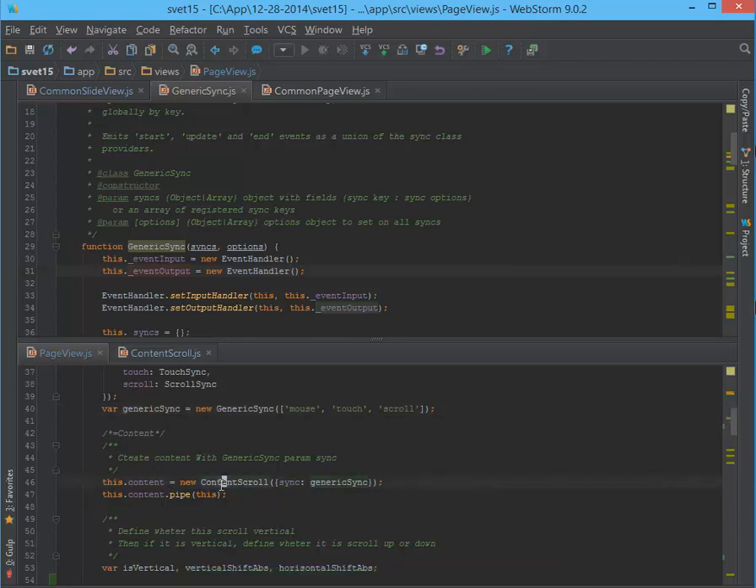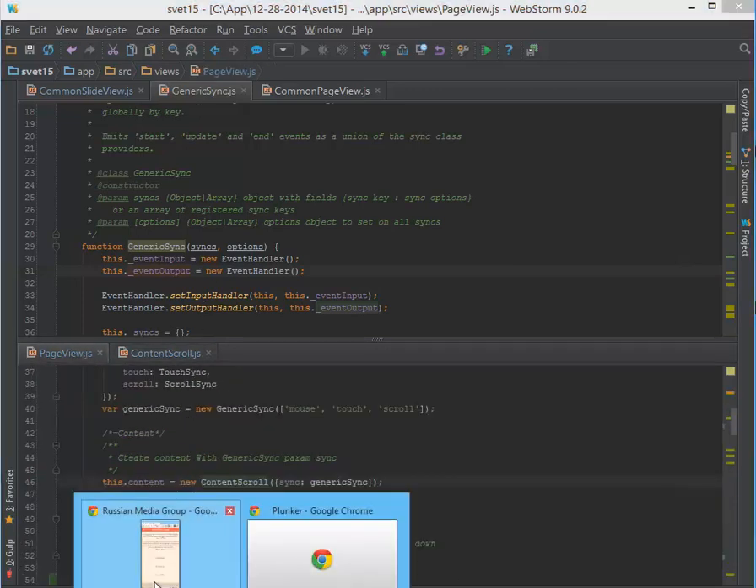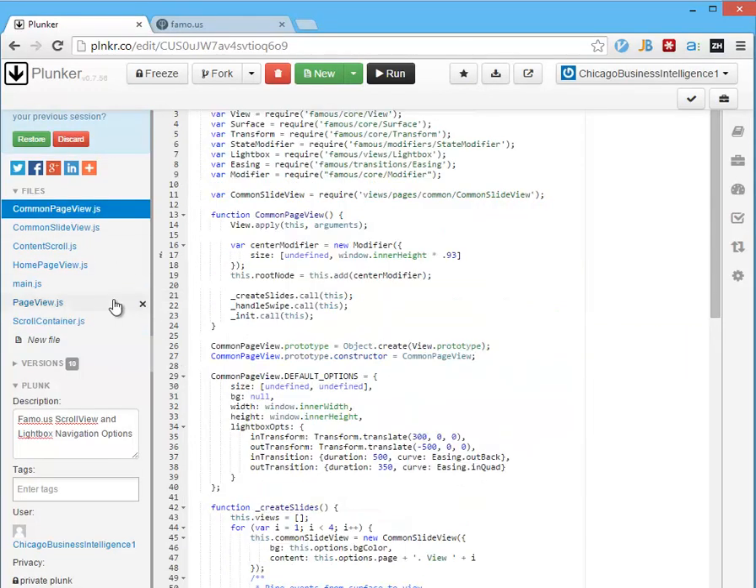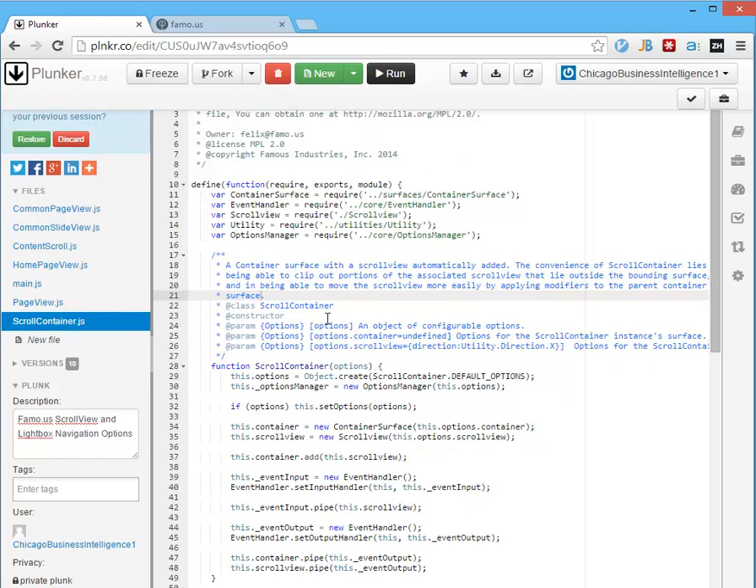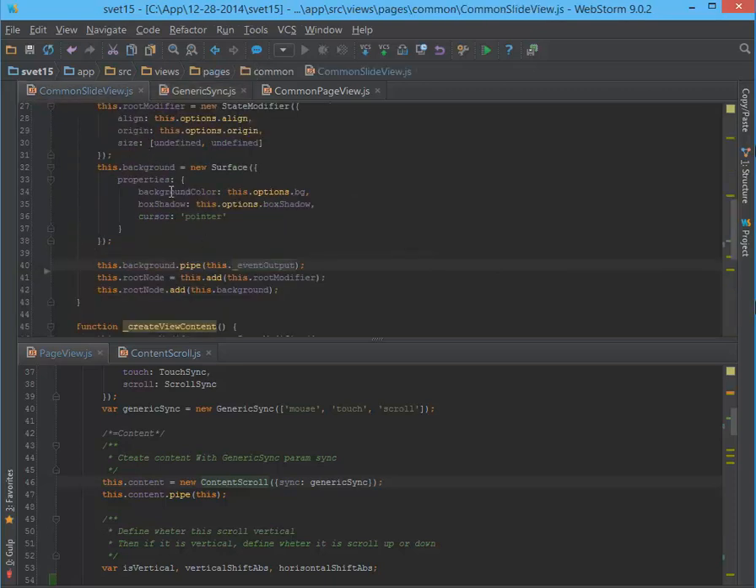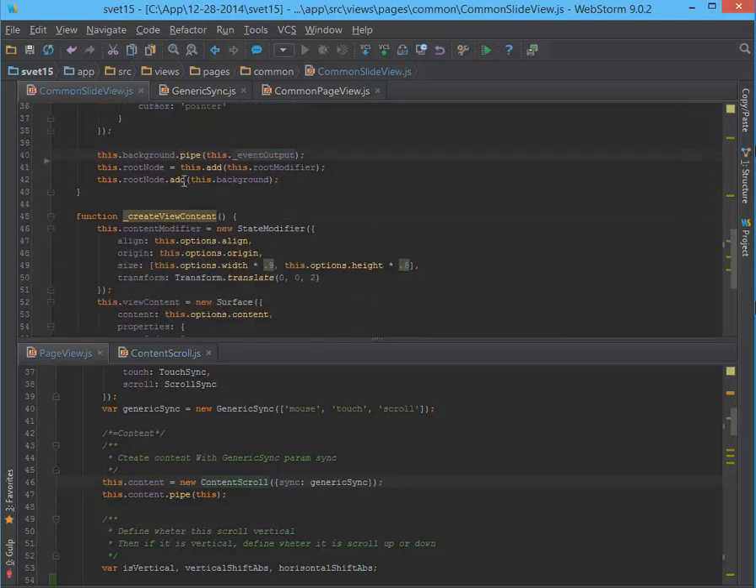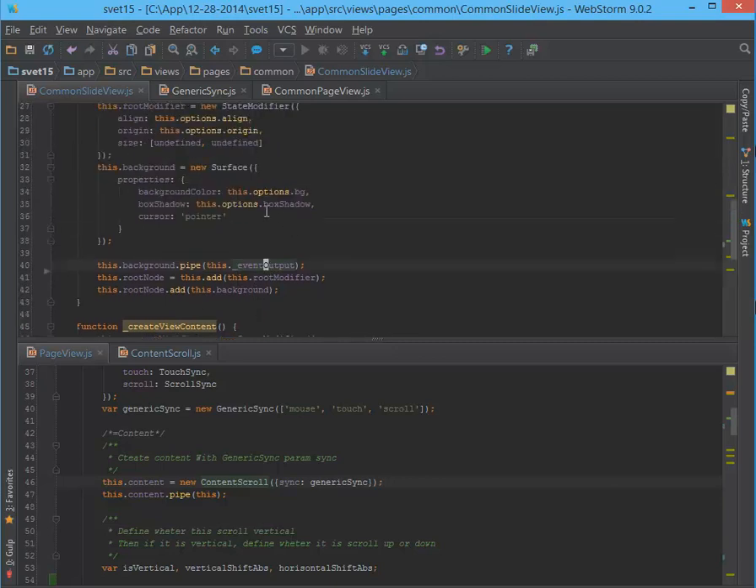Here it is, and we create content from another view. It's content scroll. You will be able to find all the code on my Plunker. It will not work like a normal Plunker should work, but I found it's a very convenient way to store files for tutorials. So we come back to our template. When we created the common slide view, we piped events from the background surface to our common slide view,